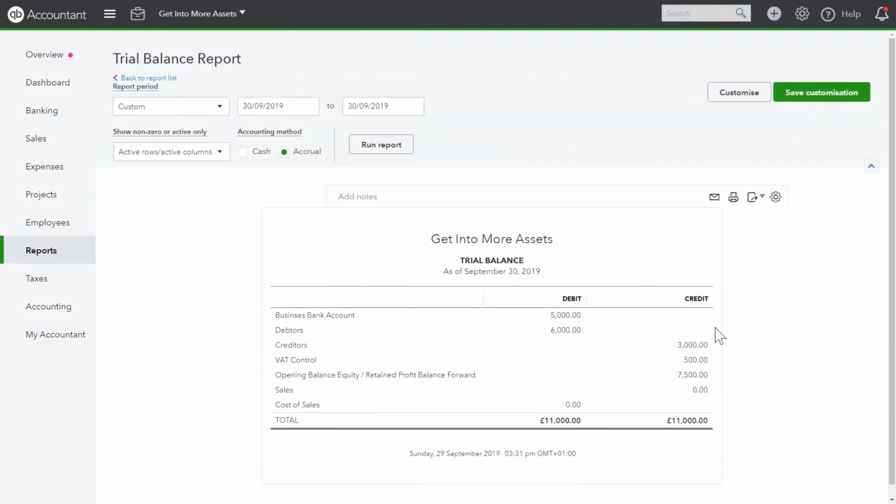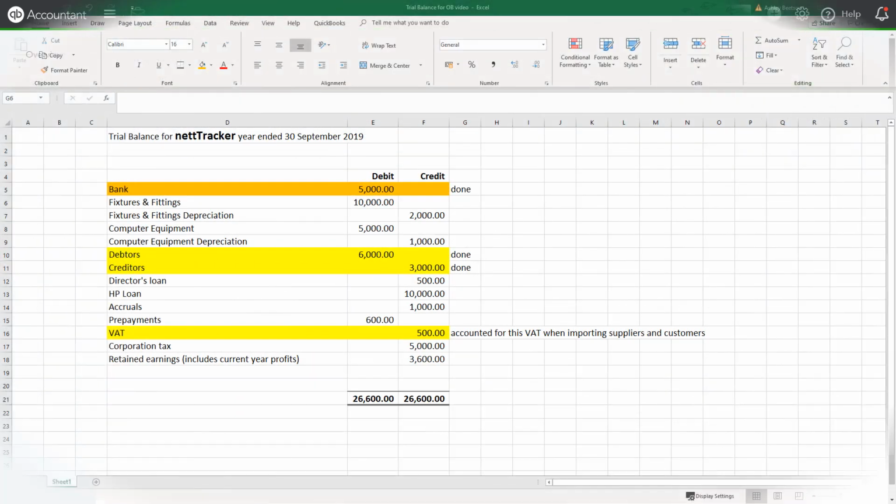Just checking my trial balance again. My business account agrees to my year-end accounts. My debtors and creditors agree, so does my VAT. I'm just left with an amount now in opening balance equity. Just going back to my original trial balance, my bank, debtors, creditors, VAT have been sorted, but I'm actually going